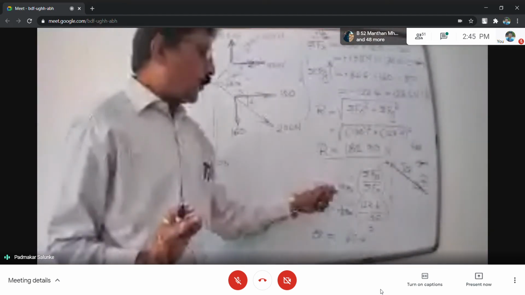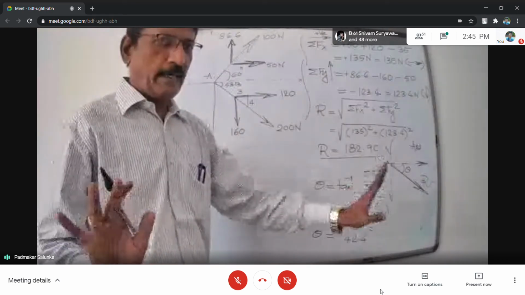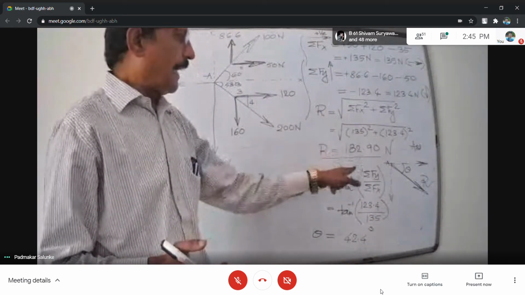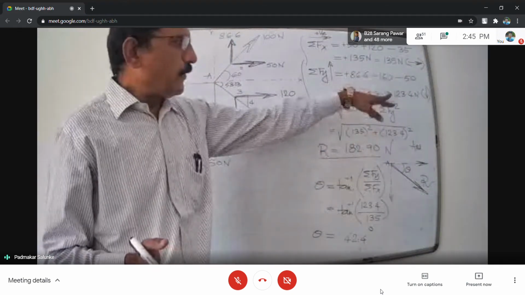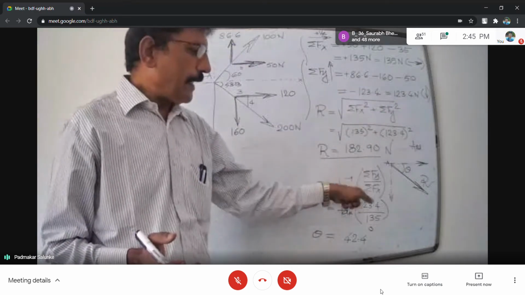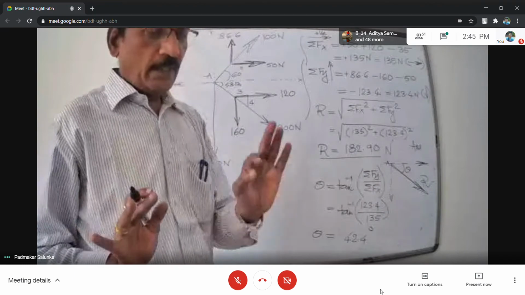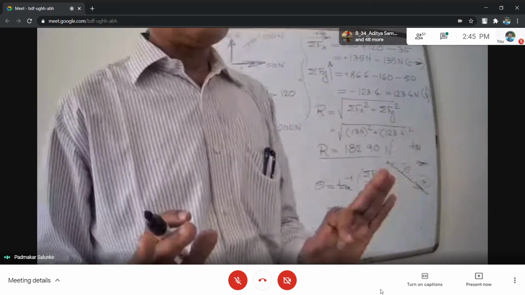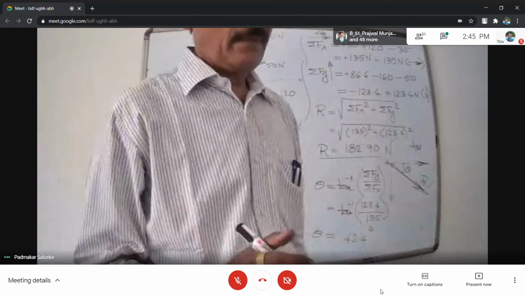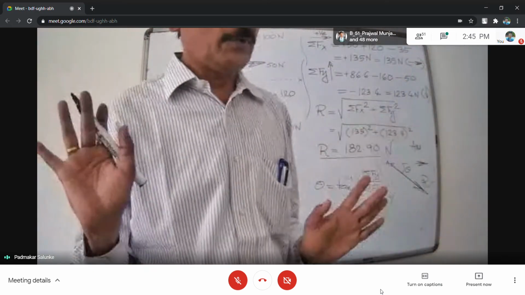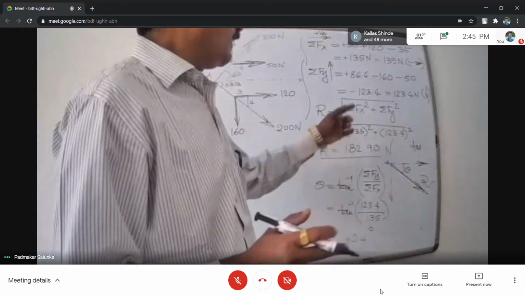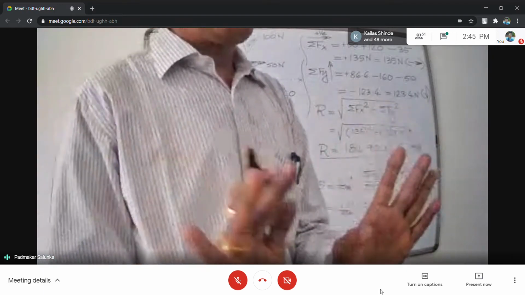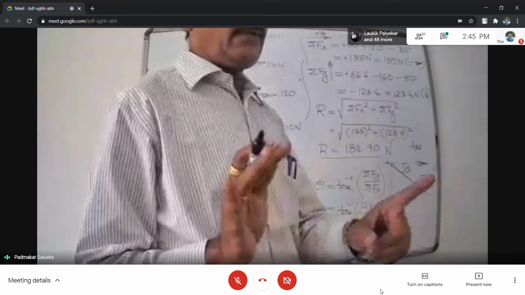Now, one simple question I will ask you. What I wrote: theta equals tan inverse summation of Fy divided by summation of Fx. Tan inverse summation of Fy, 123.4 I wrote here. Actually, this 123 was with minus sign. Have I included this minus sign here? No. Just tell me why that minus sign I have not included. Or is there any mistake? That also you have to tell me. Just the magnitude I have considered, directly the angle I got, and that angle I have written. Cognizance of this minus sign I have not taken. If you write the minus sign here, you will get a different angle.